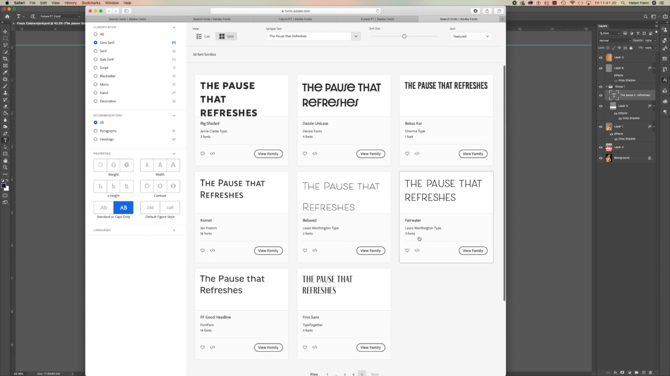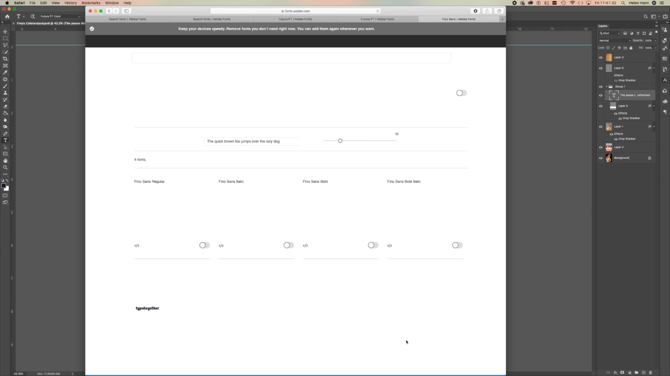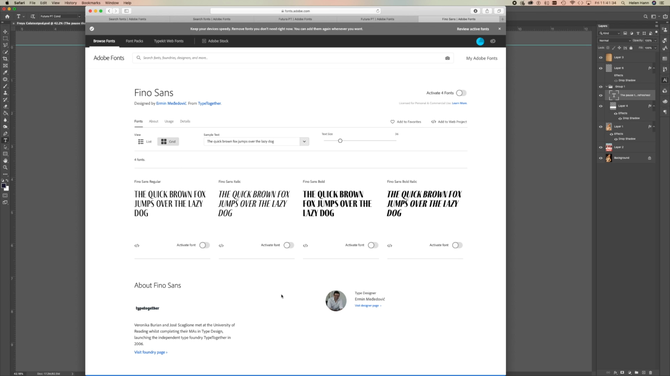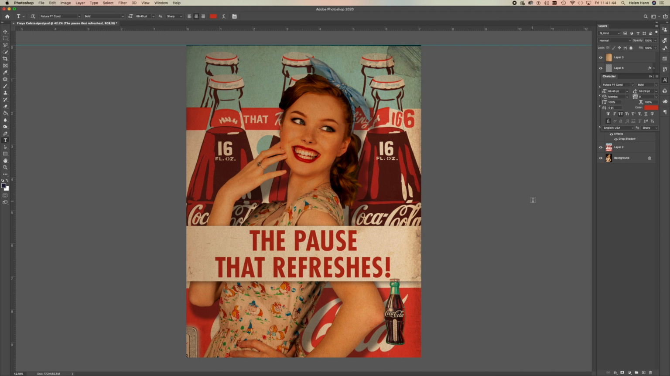Okay. And as soon as I see something that I like, I don't particularly like it, but I'm going to activate this one. So this is called Phino Sans, and to say I don't like it's a bit unfair. I don't particularly like it for my poster. So I'm going to activate all 4 of these. Okay, so I've activated those, and then when I come back, I can select my type,